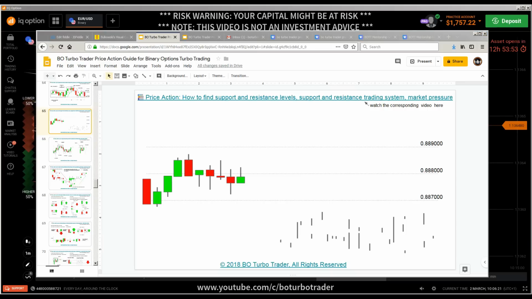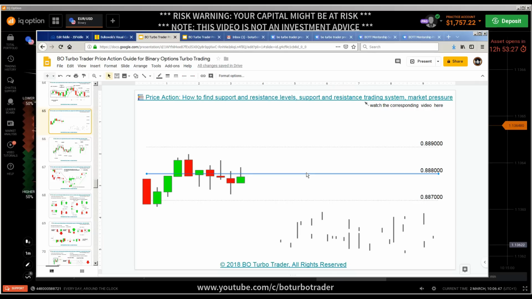Yes, and after I saw this kind of candle, let me see, this was not so exact. So it was like this, yes, and this candle showed me that, okay, now we have buying pressure, yes. This candle tried to push up further, yes, crossed the already the 0.888 level, yes, which is a support and resistance level. This is showing me that there are still buyers trying to push against it because we have no lower shadow, yes, so we have nearly no selling pressure,